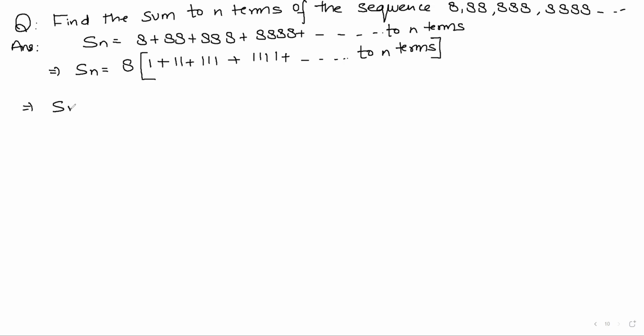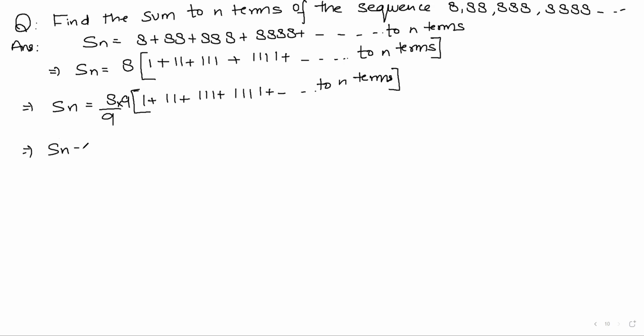So Sn is equal to, okay, this is the first step. Whatever the number you have over here, take that common. Next is multiply and divide with 9. Always multiply and divide with 9. 8 by 9 into 9 into 1 plus 11 plus 111 plus 1111 and so on up to n terms. After this, Sn is equal to 8 by 9. Multiply this with 9. So you will get 9 plus 99 plus 999 plus 9999